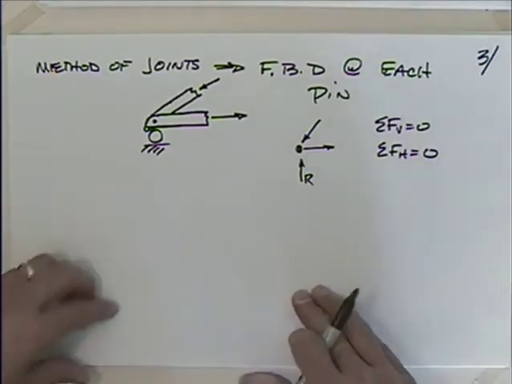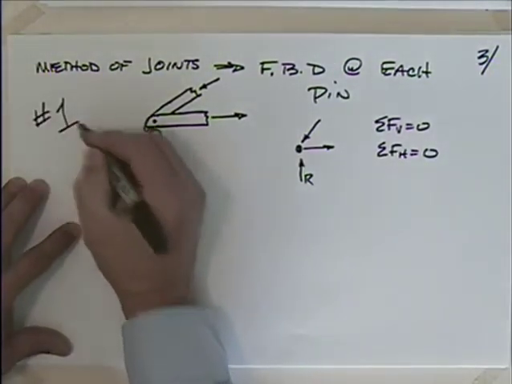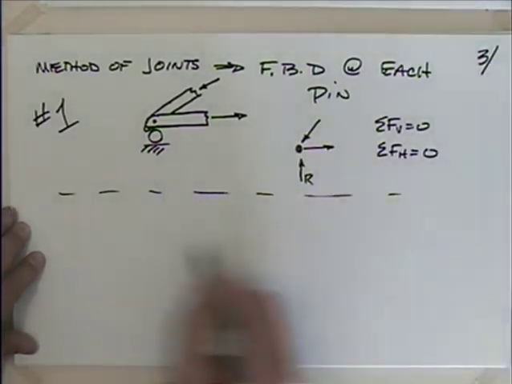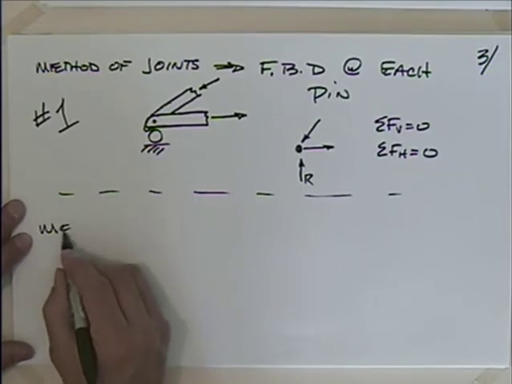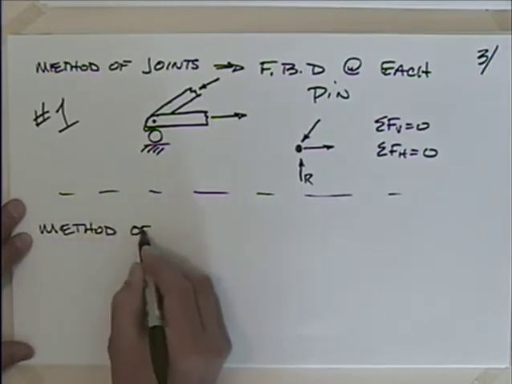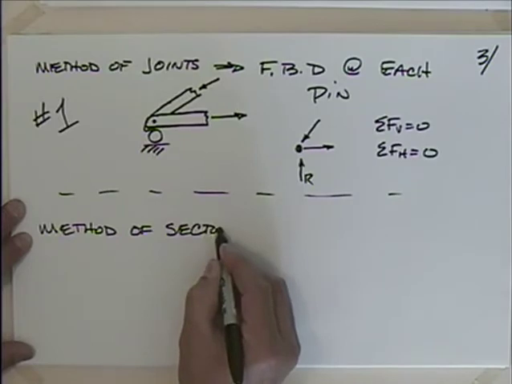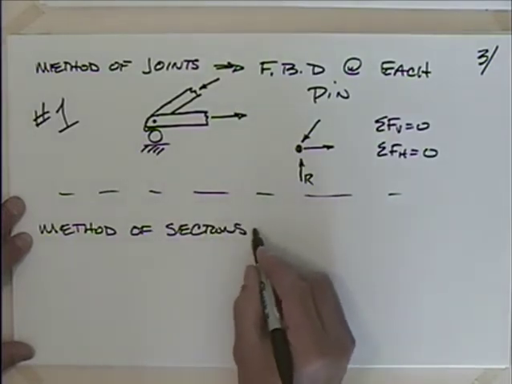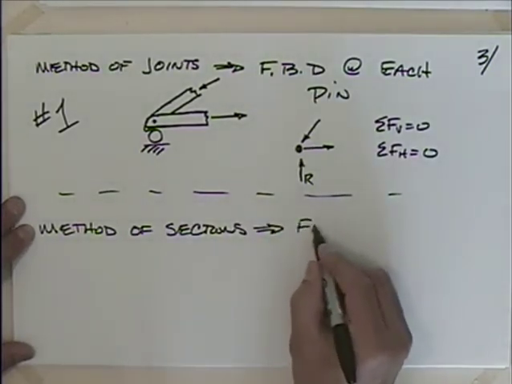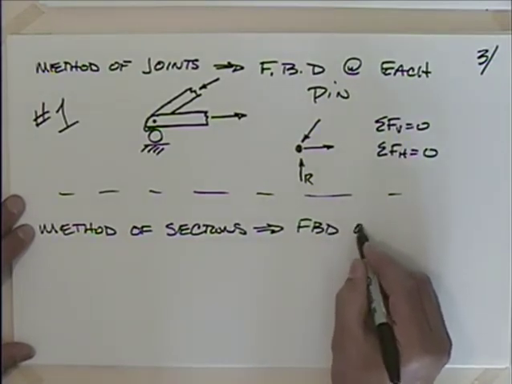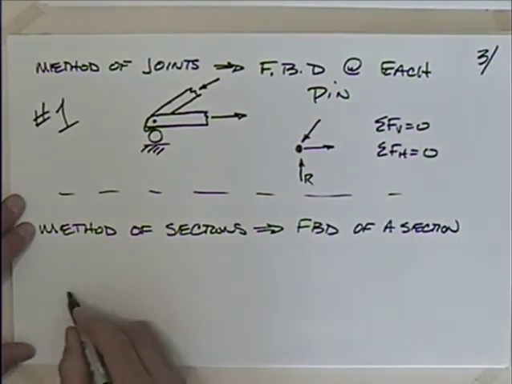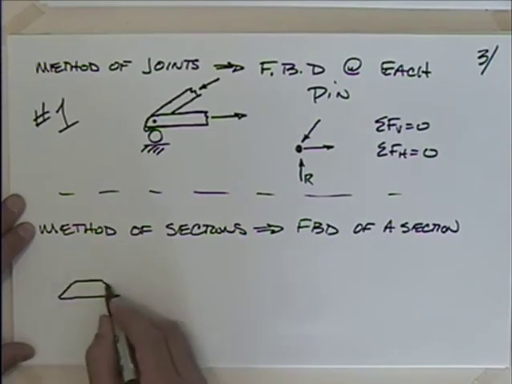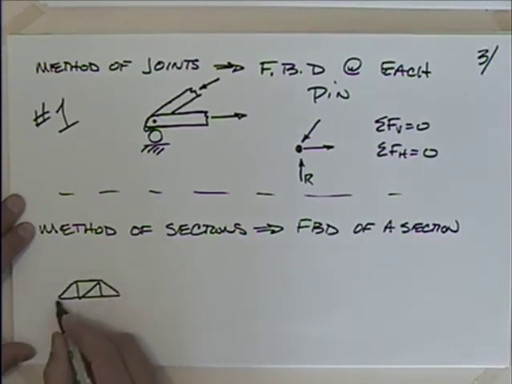Now, this is the first one that we're going to do. The next one, and I'll just throw this out here, we'll spend more time talking about it. It's a method of sections, which is you take a section, or you look at a free body diagram of a section. Well, what in the world does that mean? If you take a truss, maybe like that,